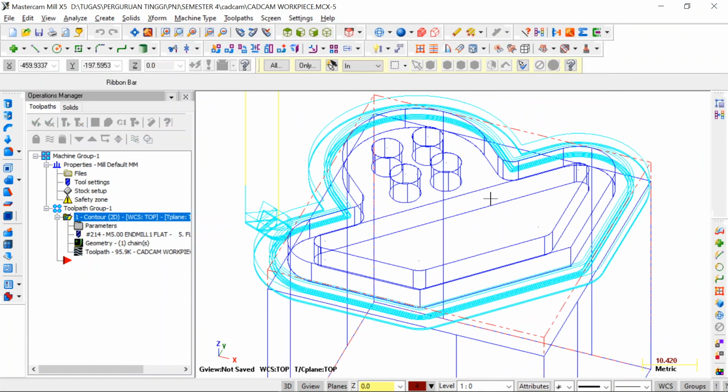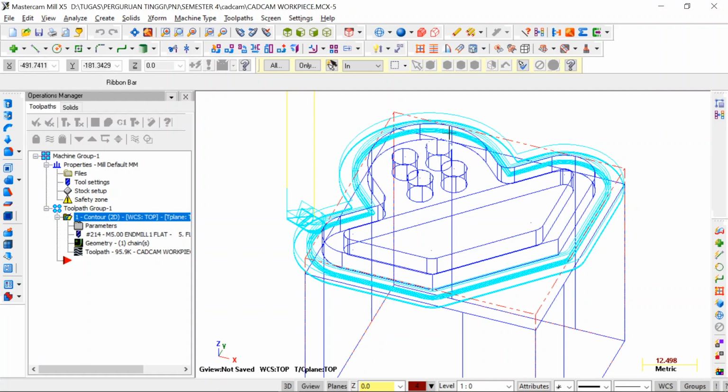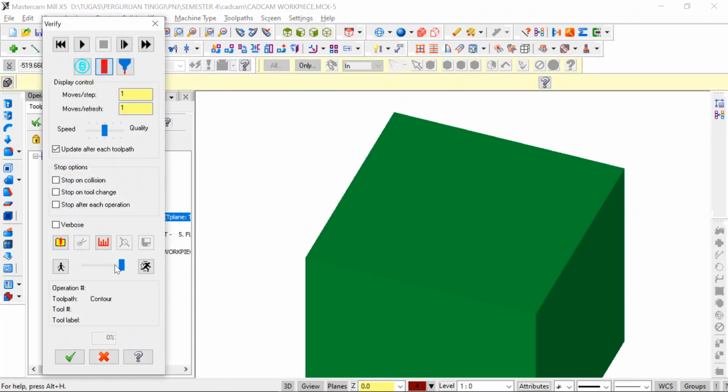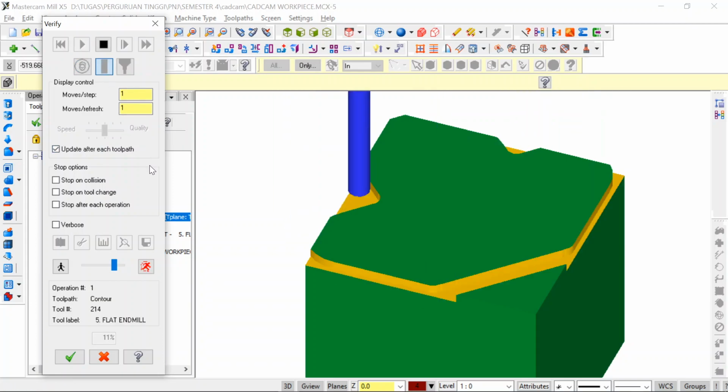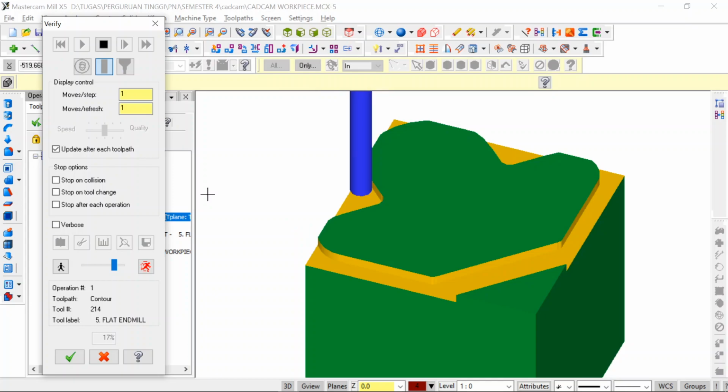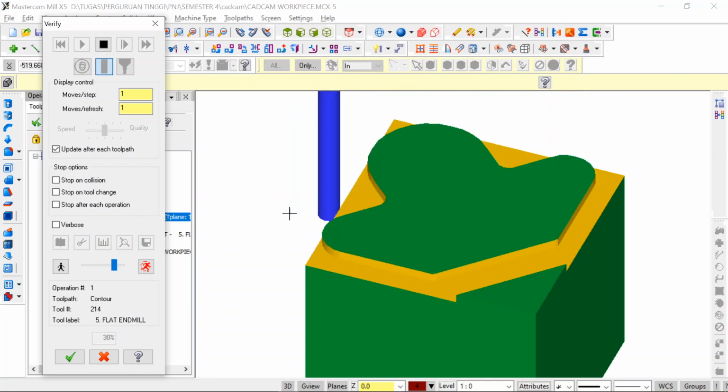It's already done, and it will appear the toolpath here, and we are going to simulate with verify selected operation. So we slow it down a little bit, and then this is the simulation of the first operation. It is the contour of the outer region of the workpiece.